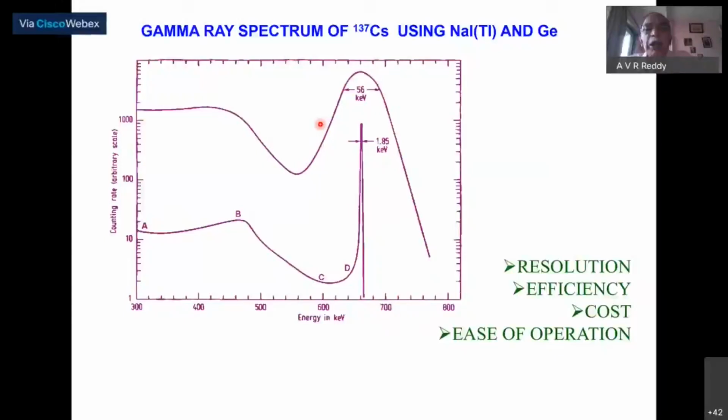I would have loved to explain all these things, except that I just want to say this is called the Compton edge, and this is the Compton continuum, and so on and so forth. For this, we need a special class. I just want to say that the sodium iodide thallium detector is efficient, but the resolution is not good, though not very bad. Whereas germanium has extremely good resolution, but the efficiency is lower. And at this stage, probably I will close.